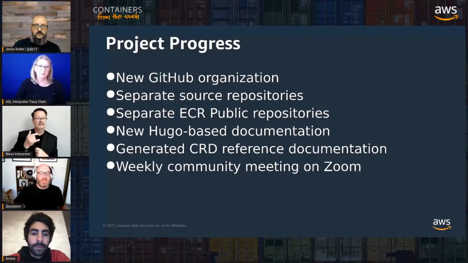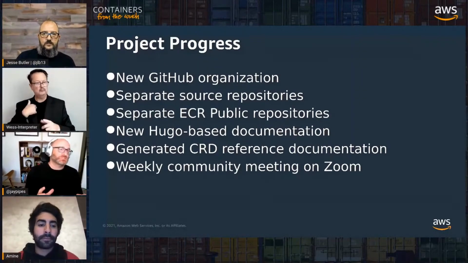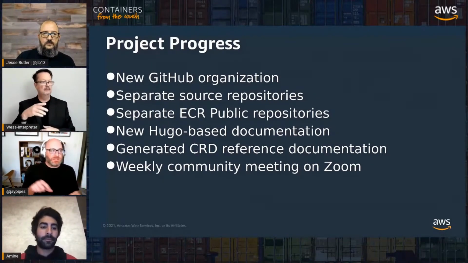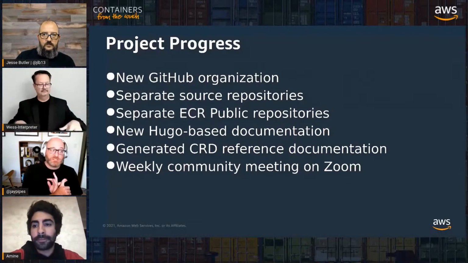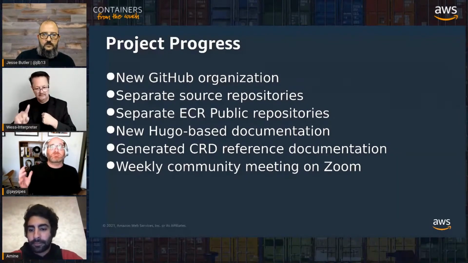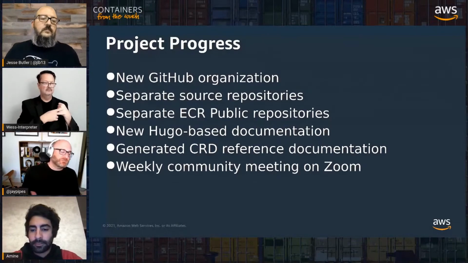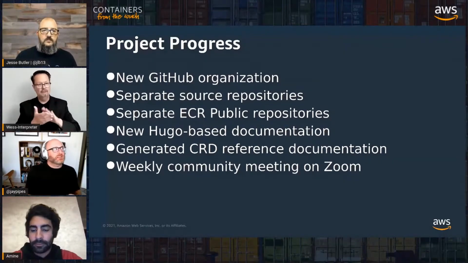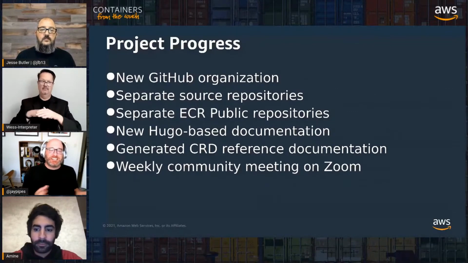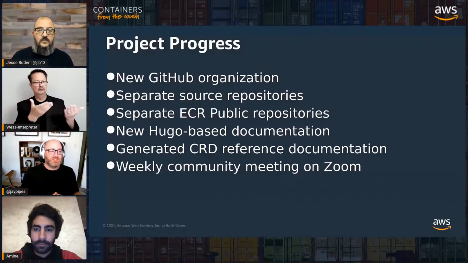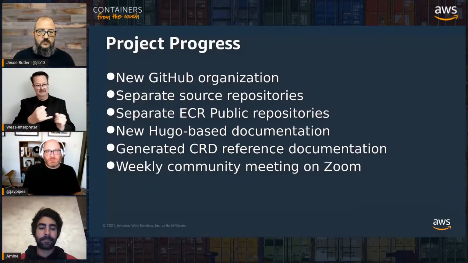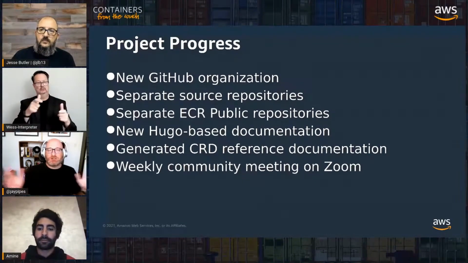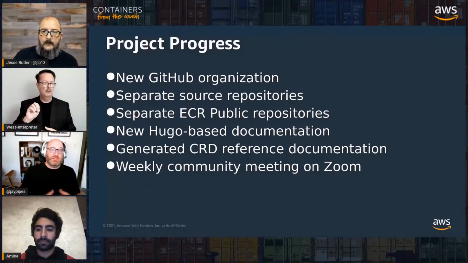github.com/AWS-controllers-K8S. We have separated our mono source repo that used to be just called AWS/AWS Controllers K8s into lots of sub repos: a community repo for all our documentation, a repository for the code generator, a repository for the common runtime, a repository for all our test infrastructure. And I think we're up to like 16 or 17 separate service controller source code repositories where each of the individual ACK service controllers now lives. So that was a huge thing where we separated out our mono repo and now have these separate source control